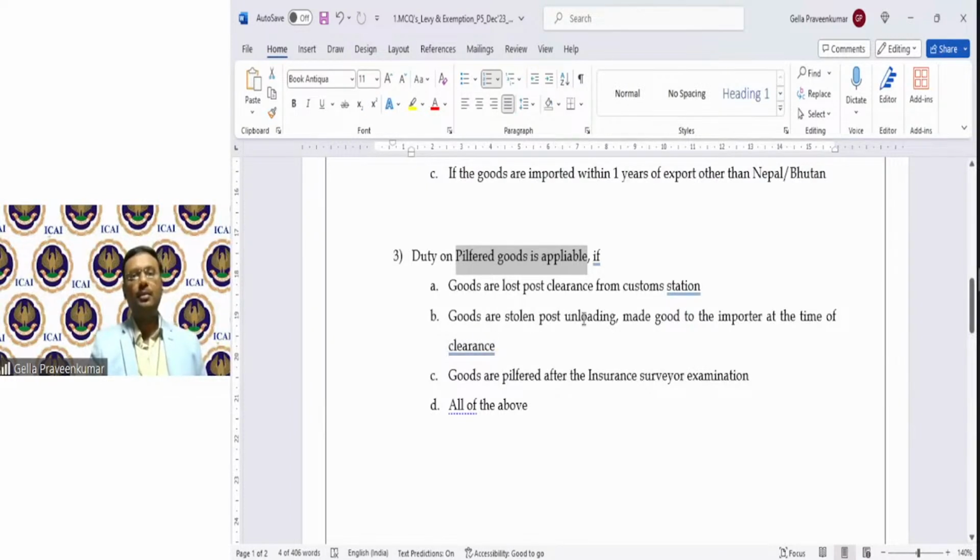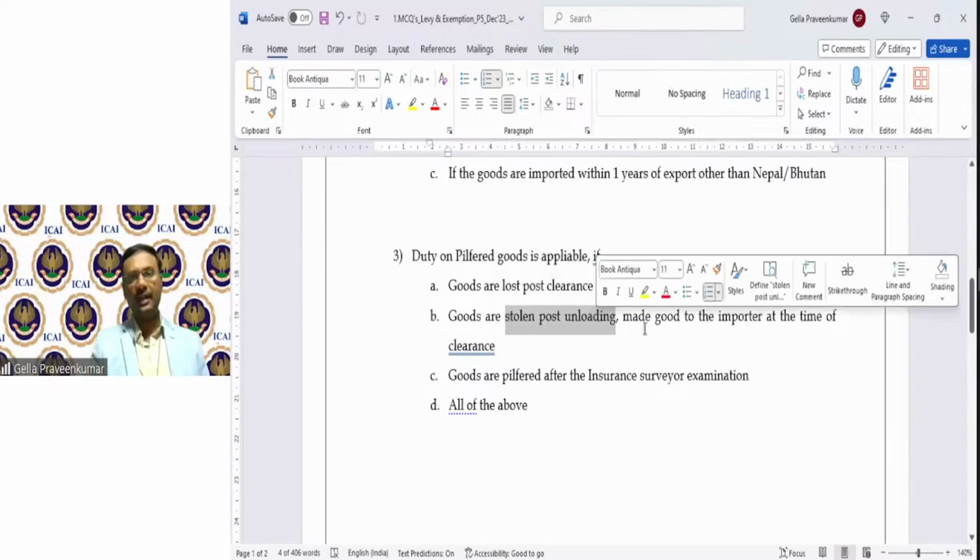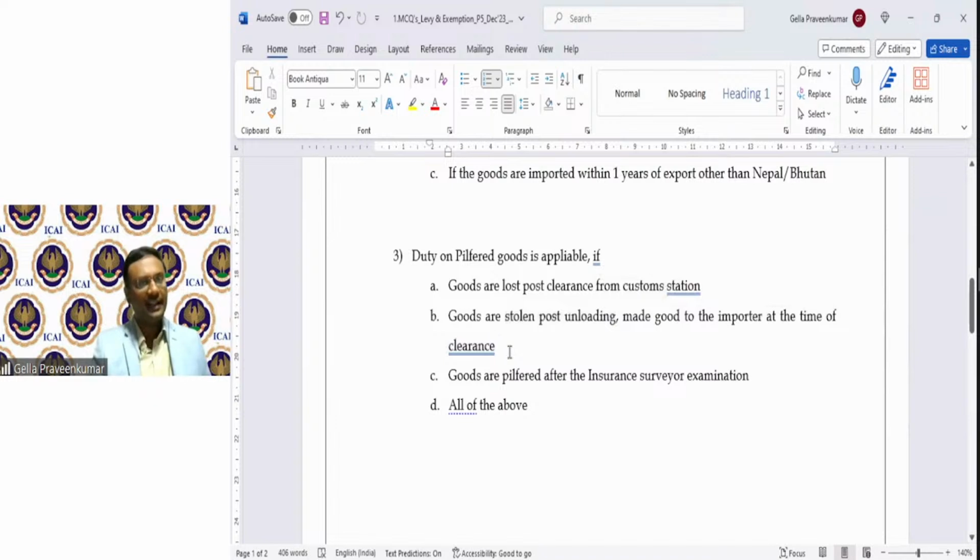Goods are stolen post unloading, made good to the importer at the time of clearance. So after goods are stolen after unloading, but these are made good to the importer at the time of clearance. When the surveyor gave his report, there was a shortage, but it was made good to the importer at the time of clearance. This is a right answer.